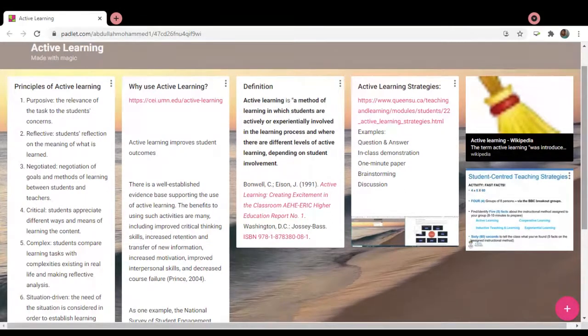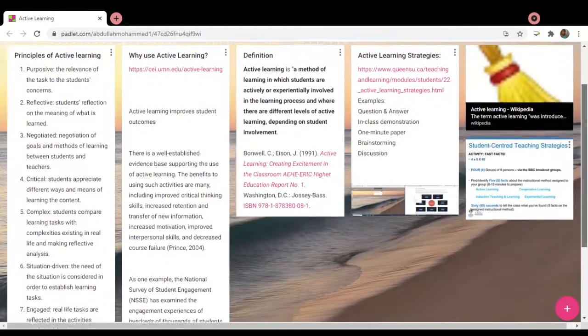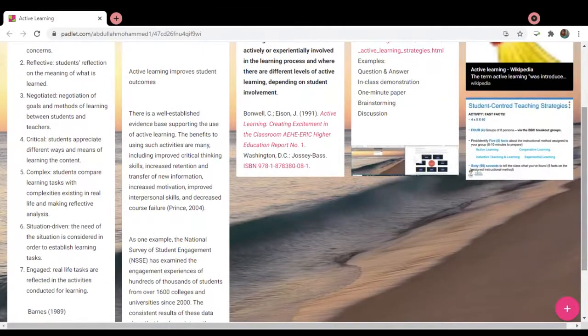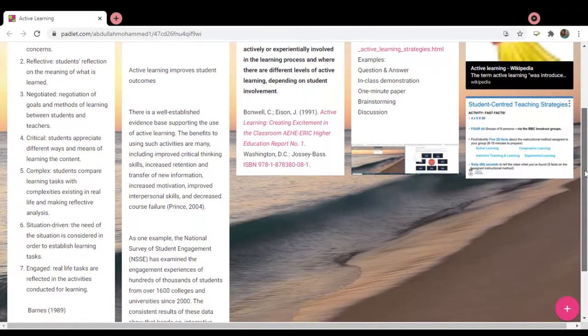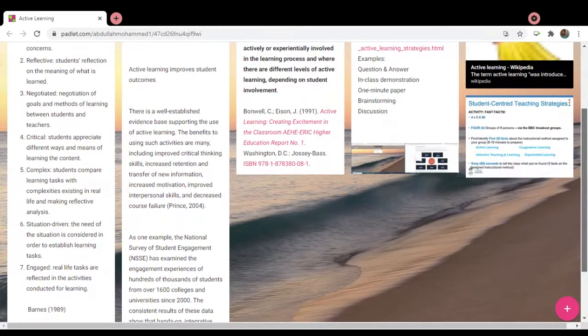So you'd want to use it more in andragogy, and it works best with adults, reflecting based on their experience, negotiated, critical. All these are from Barnes, 1989. It allows for complex interactions. It's situation driven, and it allows them to engage and reflect on life experiences.